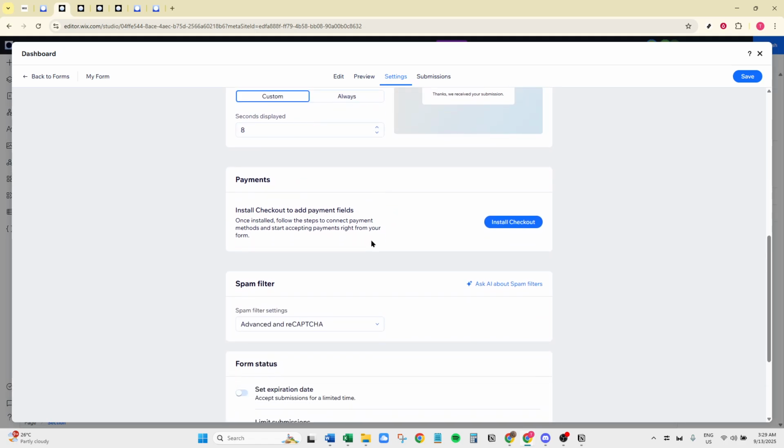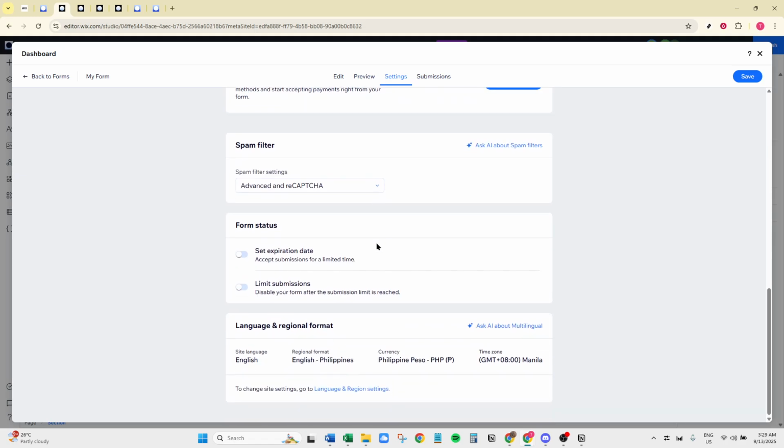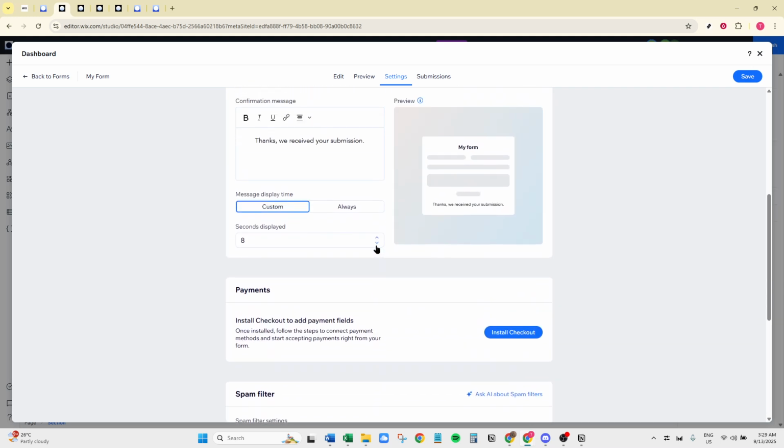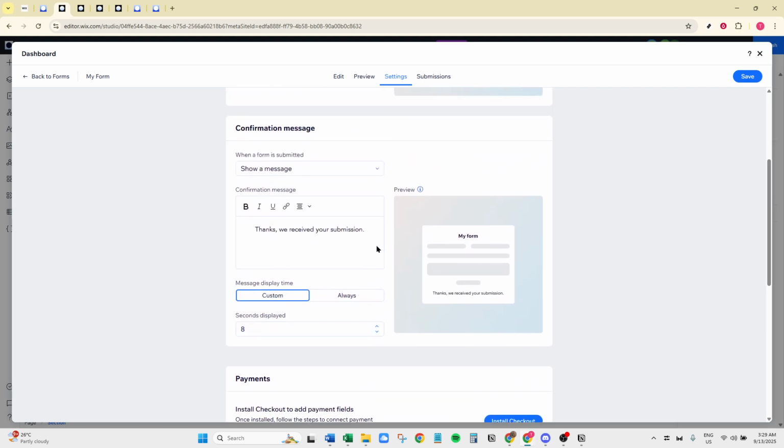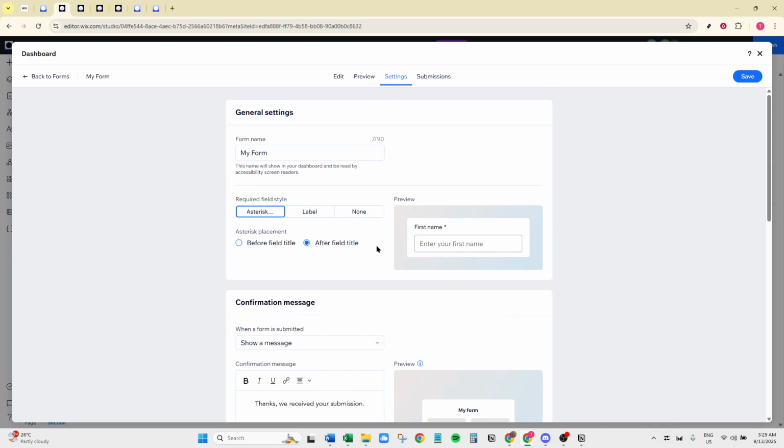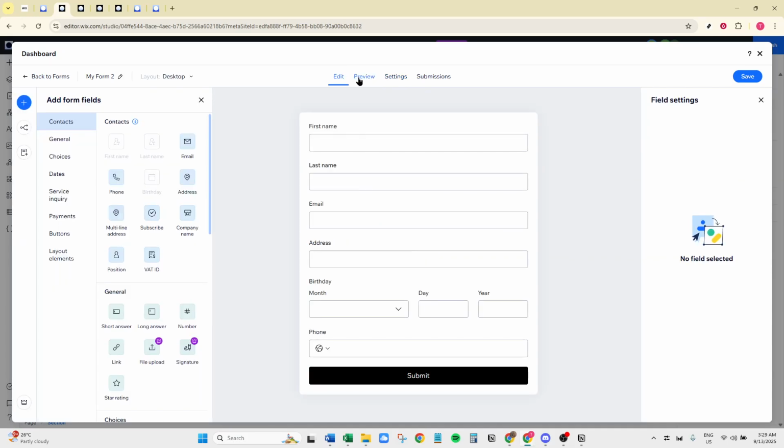After clicking on Email Notifications, you'll be prompted to set notifications. This is essentially where you let Wix know which email address should receive the form submissions. Before you wrap things up, double-check that all the details, particularly your email address, are correct. Believe me, there's nothing more frustrating than realizing you've missed a potential connection because of a typo. So, take a moment to confirm that everything is in order.